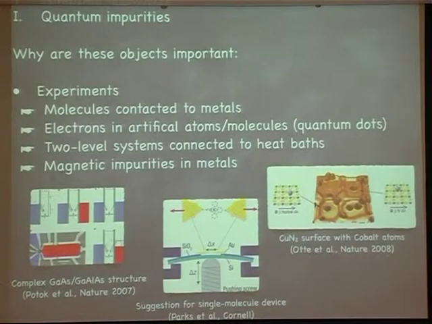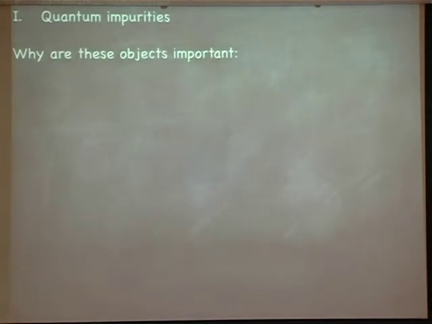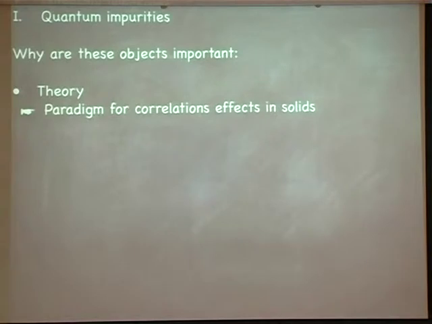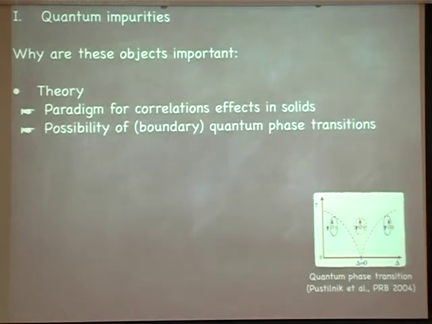Okay, so you see there's lots of interest in these quantum impurities, let alone the DMFT. I mean, this is another thing. This was the experimental part. From a theory side, and that's what possibly Vijay and Antoine have also made clear already, they present a paradigm for correlation effects in solids. I mean, they are a simple system, but they contain all the correlations that are present in atomic multiplets, and those are the building blocks for the correlations in solids. So these are the paradigmatic models for studying correlation effects in solids.